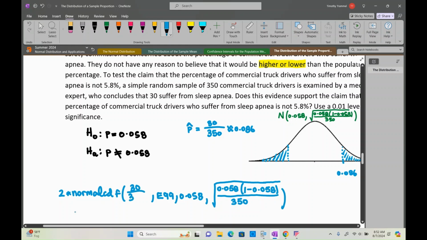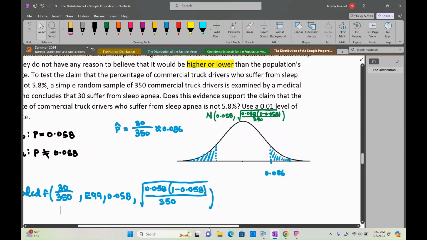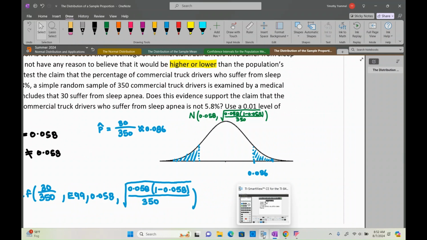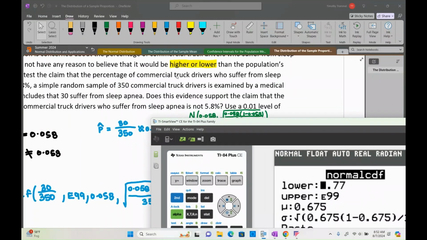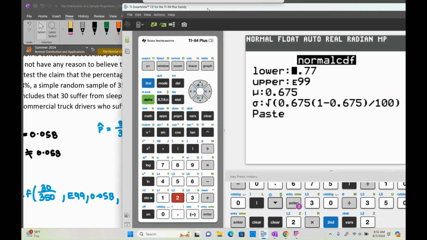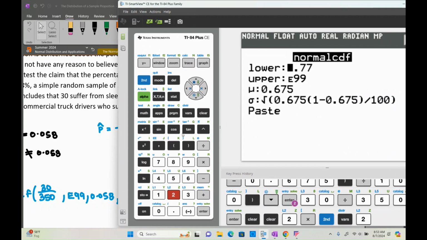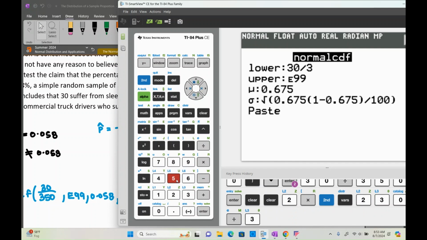I don't want to lose any accuracy if I don't need to. All right. So going back in here, I'm going to shrink this up a little bit so that we can see some of our work here. So we had the 30 over 350, E99 for the upper bound, and then a